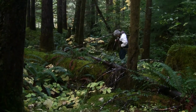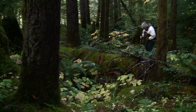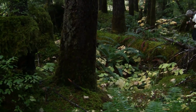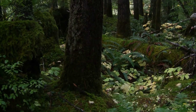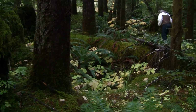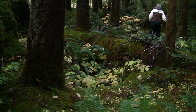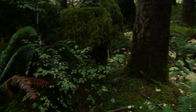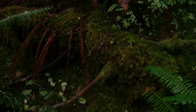Back out in the bush around Nanaimo. We're actually a little south of Nanaimo. This is our first trip out looking for chanterelles, and it is dry. We've had what's been recorded as the driest September for the last 116 years, so we're not real hopeful, but